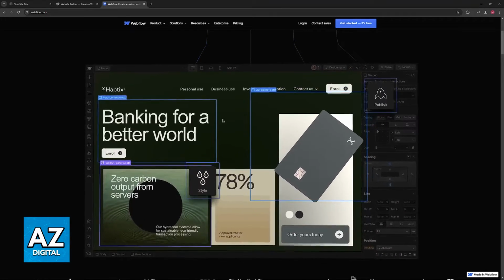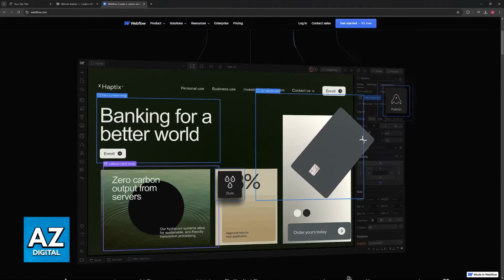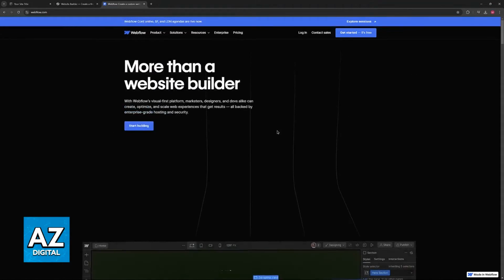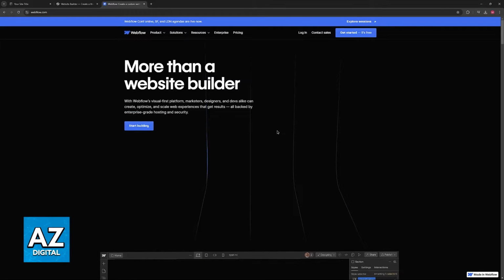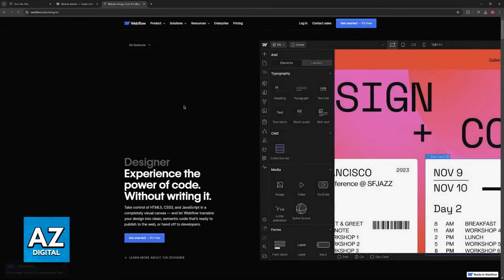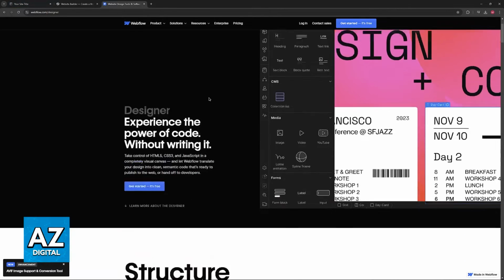Well, seeing as how Webflow is primarily a website designer tool, you might think that there is an option to import the website, import the design, or transfer everything over. But as it stands today, sadly, because of the fact that Webflow does not function as a domain registrar, you will not be able to transfer over your Squarespace website.